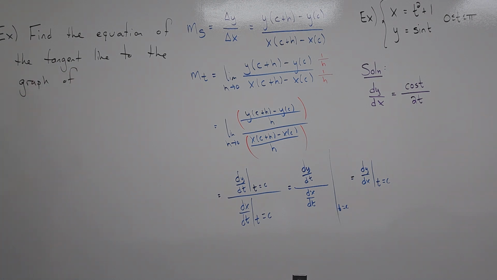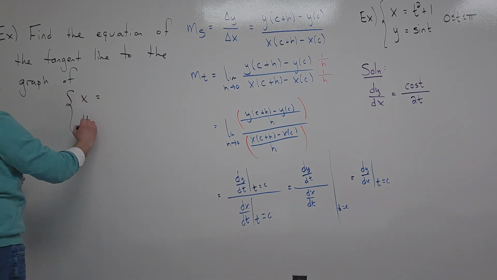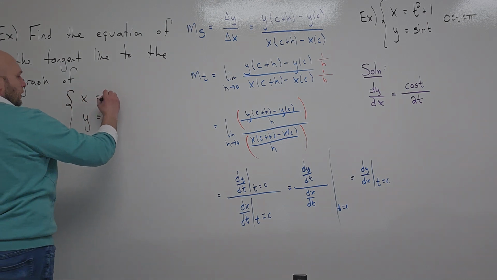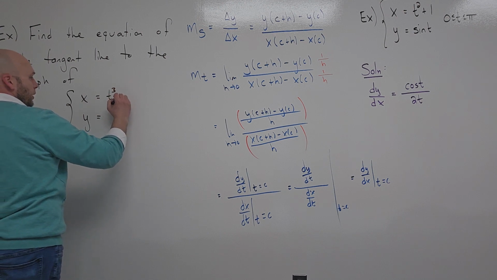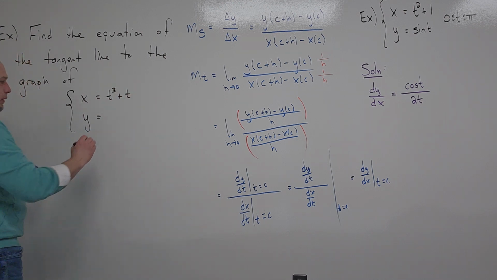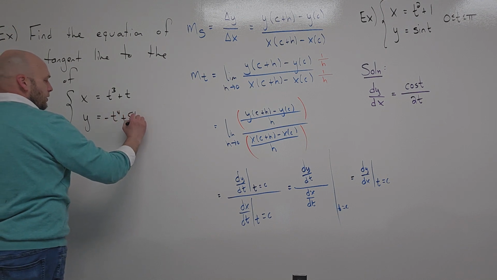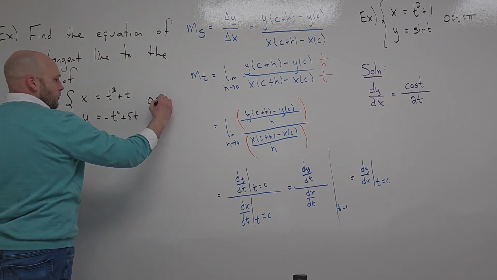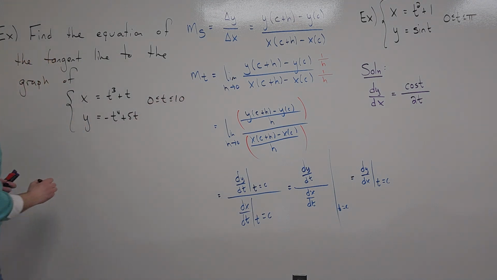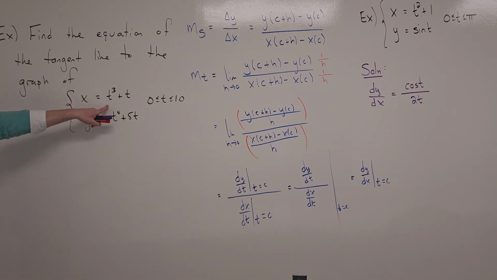All right, find the equation of the tangent line to the graph of the following parametric curve. Let's say x is equal to t cubed plus t, and y is going to be negative t to the fourth plus 5t. And let's say t ranges from 0 to 10. So find the equation of the tangent line to the graph of this parametric curve